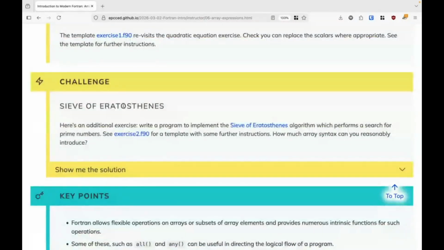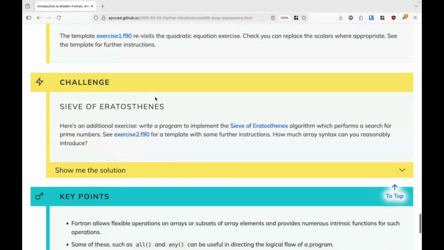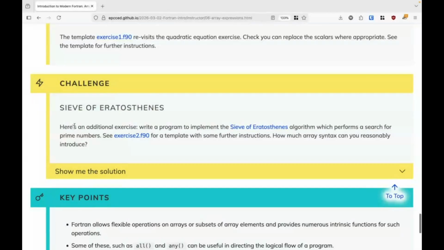Then we have this other challenge, the sieve of Eratosthenes. I have to really try to pronounce this as well as I can. So this is a little bit of code to try searching for prime numbers. Given we are a little bit behind schedule, having spent a lot of time talking about various bits yesterday, I think we'll leave this as something to potentially come back to